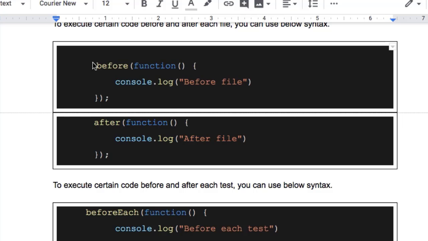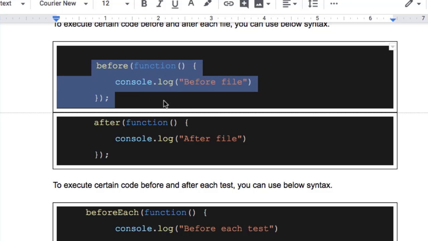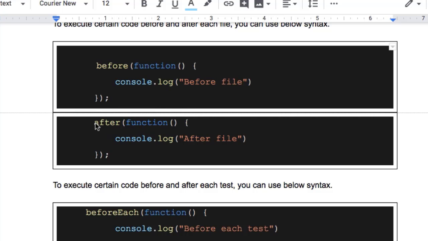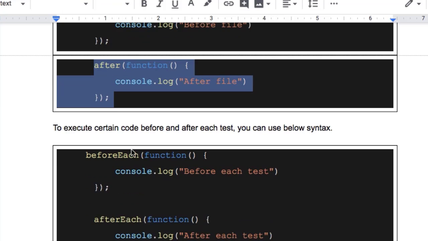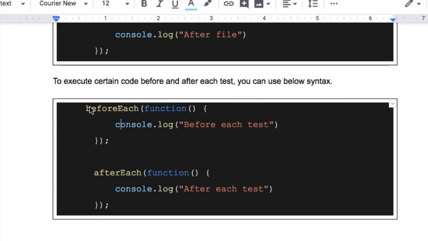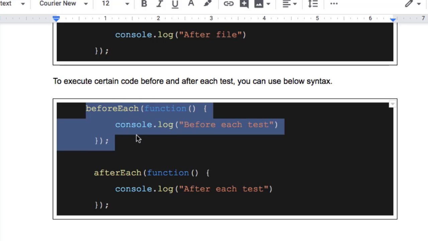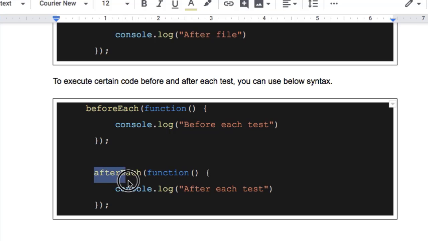For example, this function will get called before executing all the tests in a specific test file, and in the same way, the after hook will get executed after all the tests have been executed. In a similar fashion, if you add the beforeEach hook, it will be executed before every test method, and the afterEach hook will get executed after every test method execution is over.